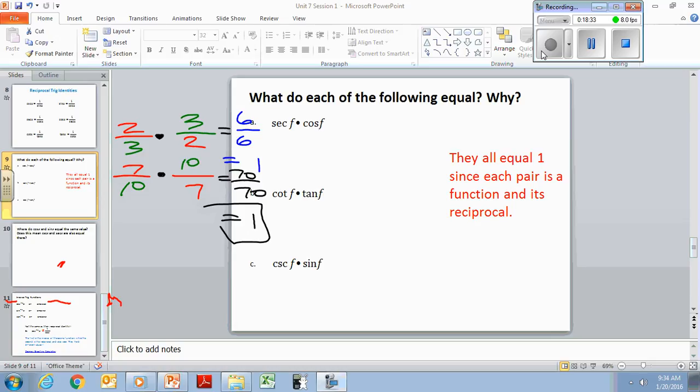Secant f cosine f. Well, first I should say, with sine and cosine, oftentimes we use x, but the x isn't technically important. It doesn't have to be an x. We use theta, a Greek letter, alpha, beta, theta. We don't have to use theta. We can use any letter we want, and they chose, in this case, to use f. On the test, I think they use the letter q. The letter doesn't matter. It represents an angle that we don't know.